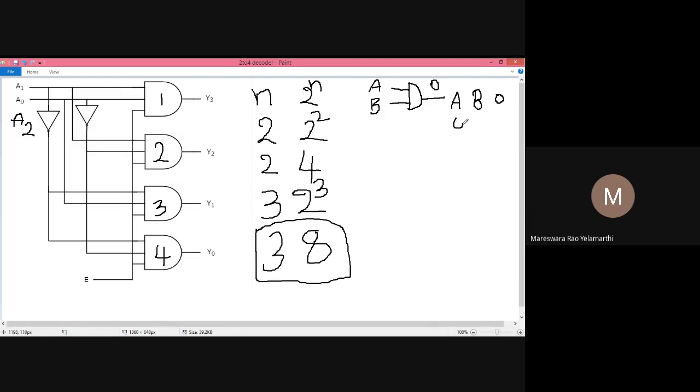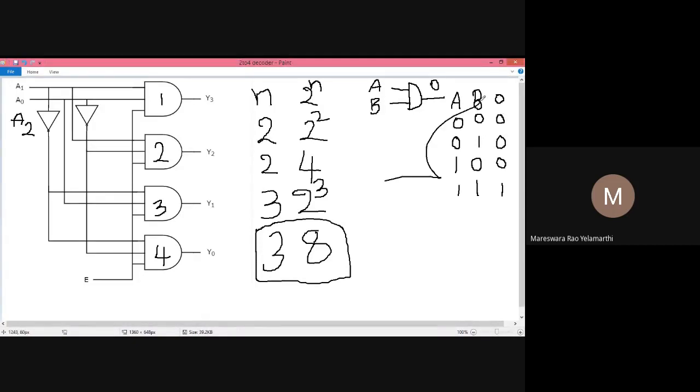If you see the truth table, the input combinations are 0 0, 0 1, 1 0, and 1 1. According to these input combinations, if all the inputs are 1, then we'll get a 1 as an output. In the remaining cases it is 0. Simply we can say that if any input is 0, then the output of an AND gate is 0.